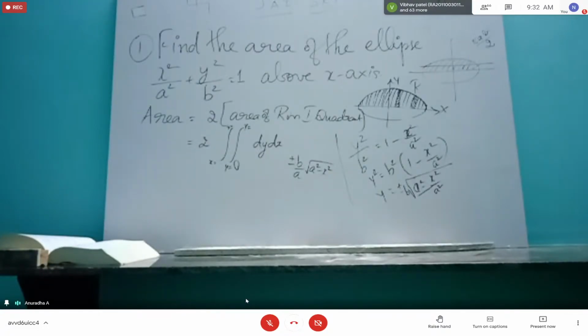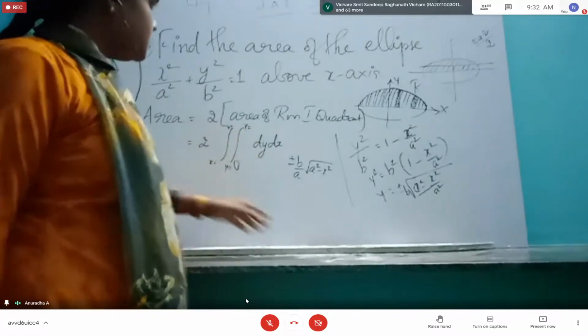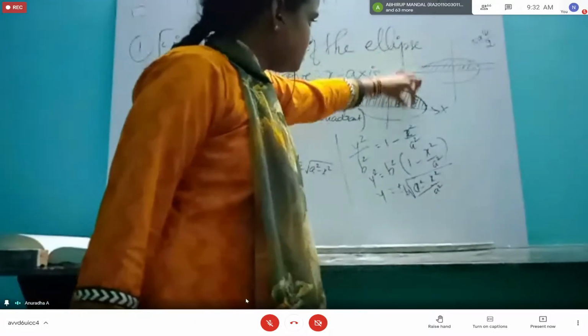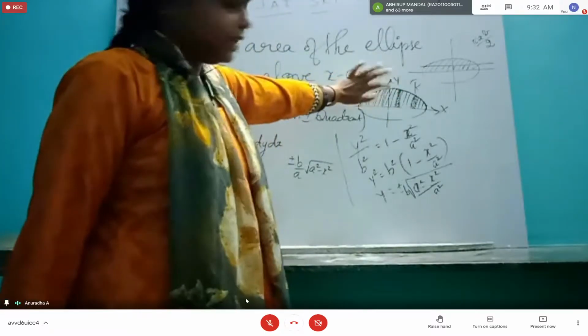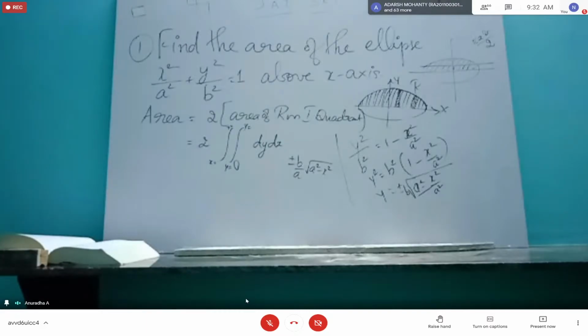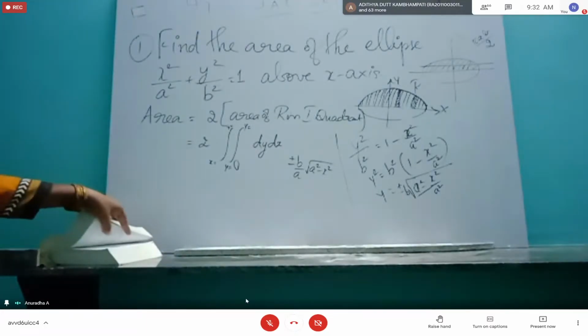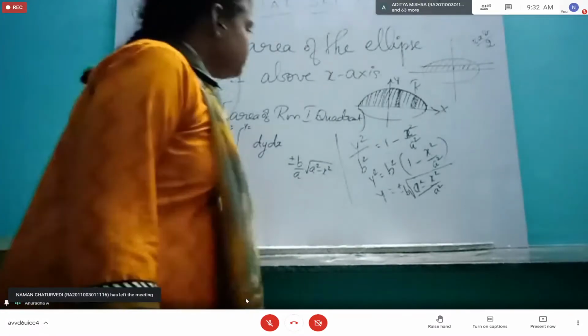Any doubt about the limits for y? I have just simplified and written it in terms of y, because y is the inner integral; I have fixed vertical strips cutting the region, parallel to the y-axis. This is the correct one. Last class I was having some doubts because the other book was mentioning it wrongly. So I have brought the standard books for Indian national universities. So this is the correct version.